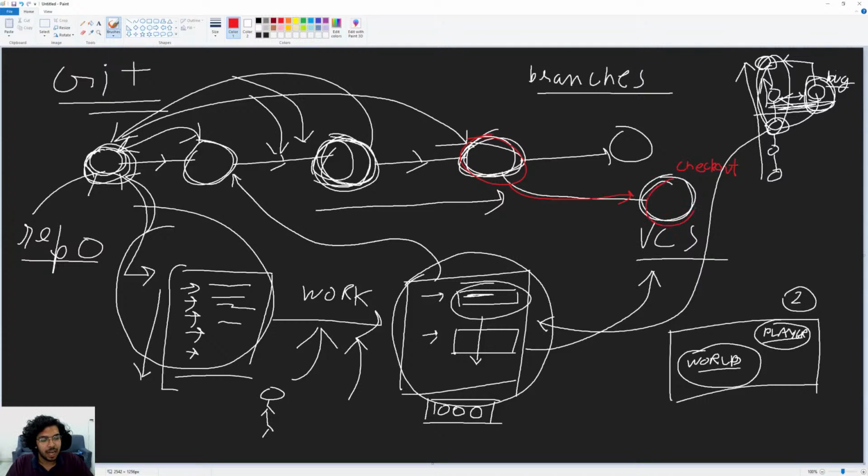In a metaphorical way, our cursor would be pointing here. So the files we'll be seeing would be the files which exist at this node. All of these files also exist in the repository, but we will be working on this, so any changes you make will be recorded to this node right here.